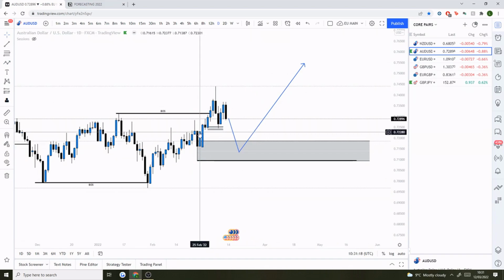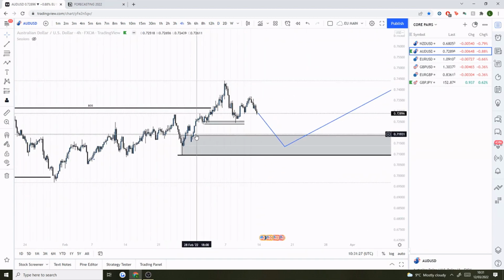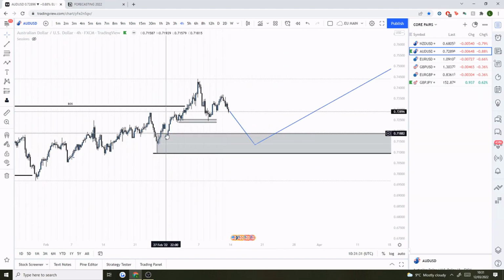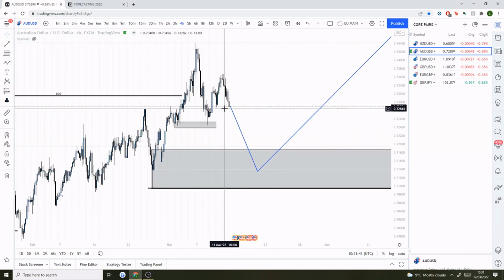So looking at the actual daily structure, the whole order block is within this candle here. And if we look at the 4 hour, like I discussed last week, we've got the imbalance starting there. So for me, I'd like to see price dipping to fill the imbalance, tap into this demand zone here, and then we can look for them buys away from that. Now, in the meantime, I wouldn't be surprised to see some bearish price action, because obviously if we're going to come back down here, we're going to have to see some bearish price action.